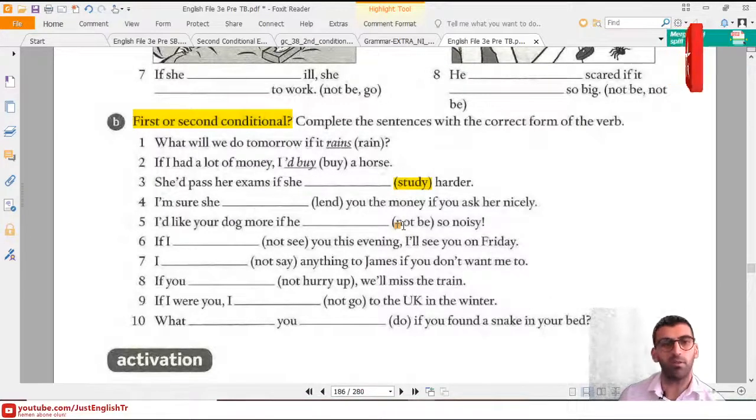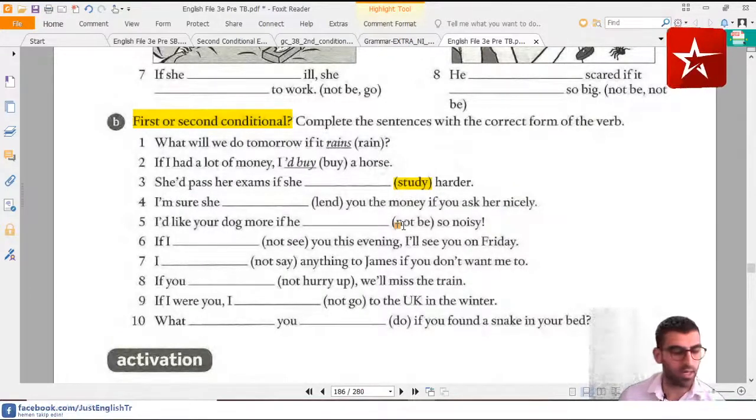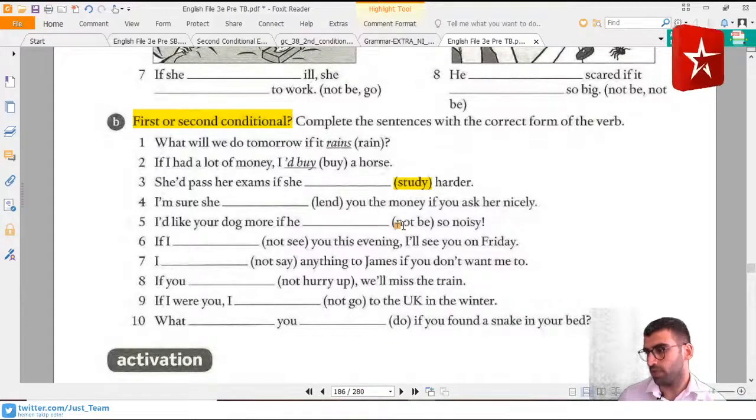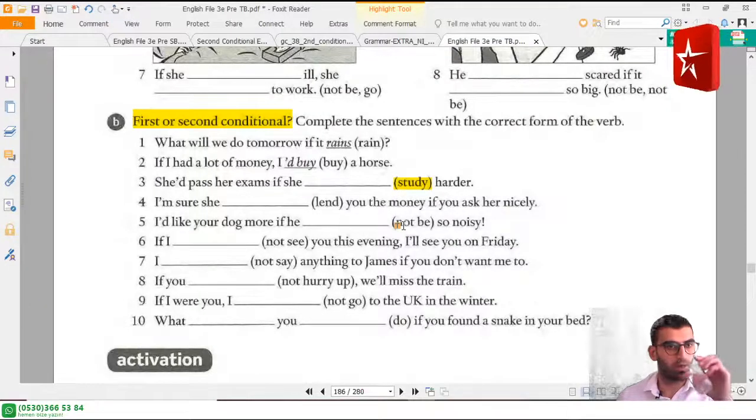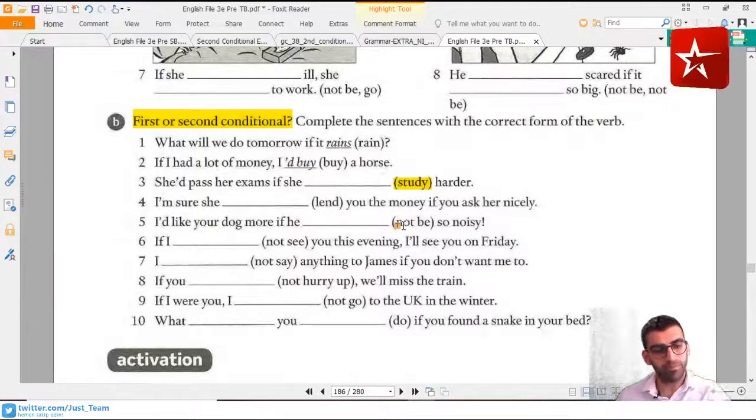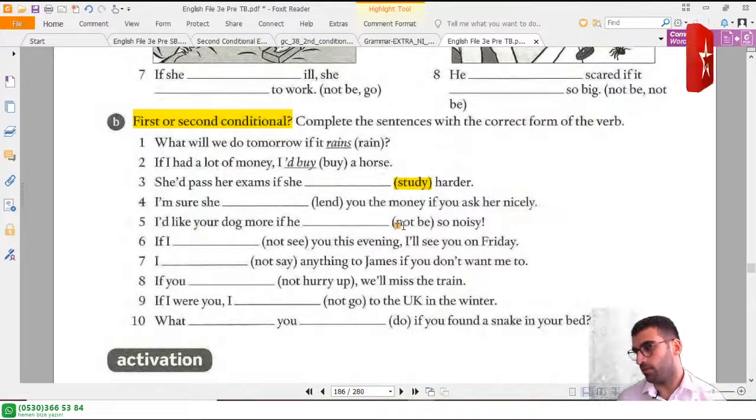Great. Number 4. I am sure if you ask her nicely, she you the money. This is a possible situation. For number 4, what should we write here? For number 4. Number 4, like first type of